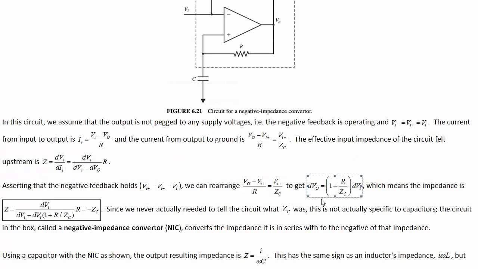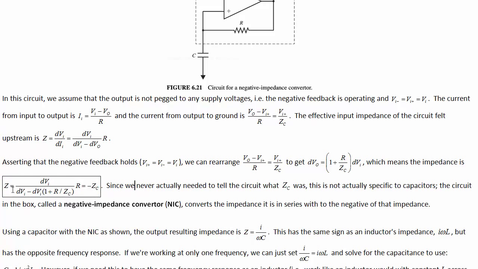Then we can rearrange this equation to solve for the rate of change of VO. Since we had this equation, and then we used this equation in our definition, we should substitute this one into it to get rid of VO. So VO written in terms of dVi is this,